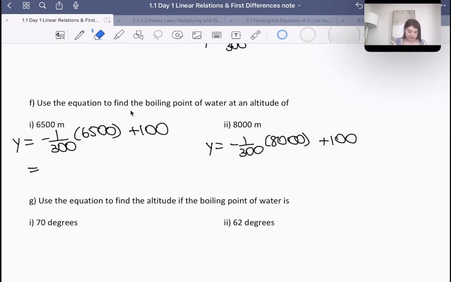I was adding them both as though they were positive. It was not positive. So actually it should be 78.33 if we round off. My apologies. Okay. Anyway, so 8,000 divided by negative 300, and then we're going to add 100 to that, and we get